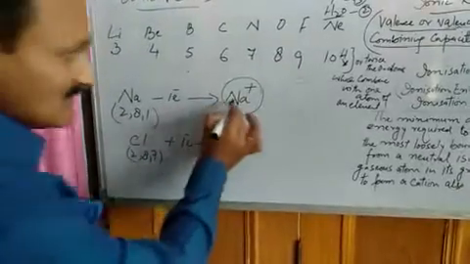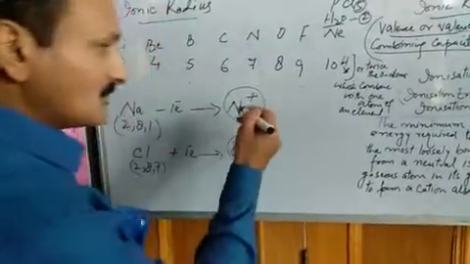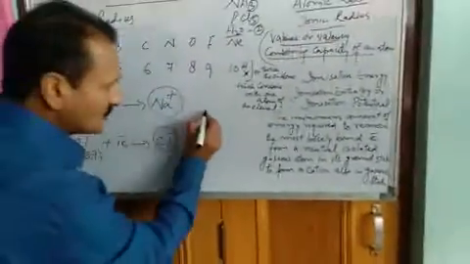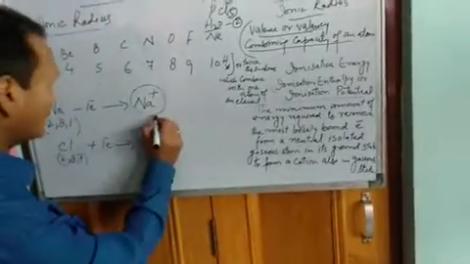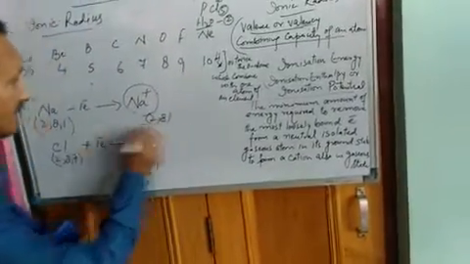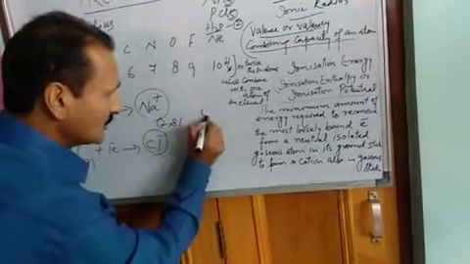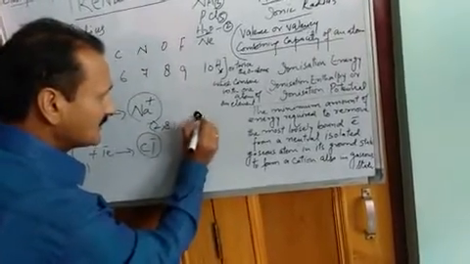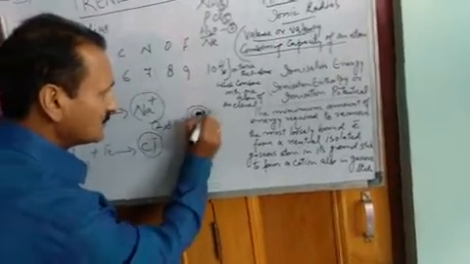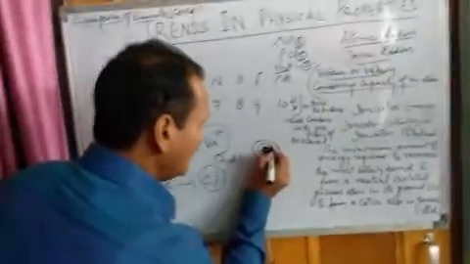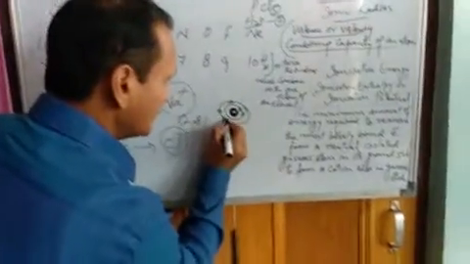And if this is the sodium ion, let me draw the structure of the sodium ion. Its electronic configuration is 2,8 because one electron has been lost. So this will be its nucleus. This is the first shell and second shell. 2 electrons in the first shell, 8 in the second.